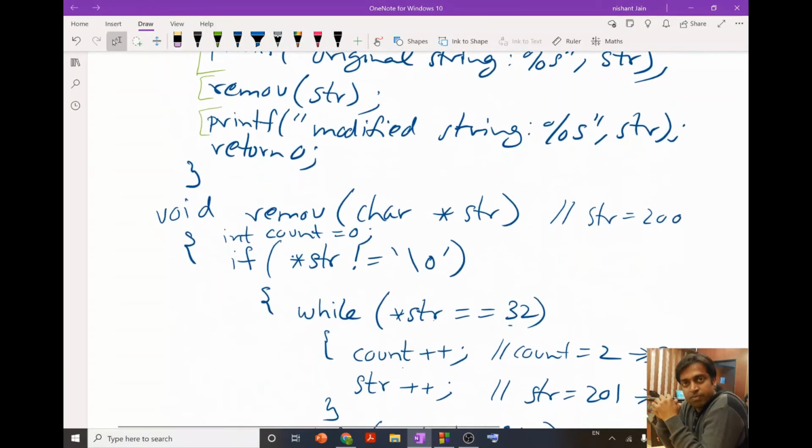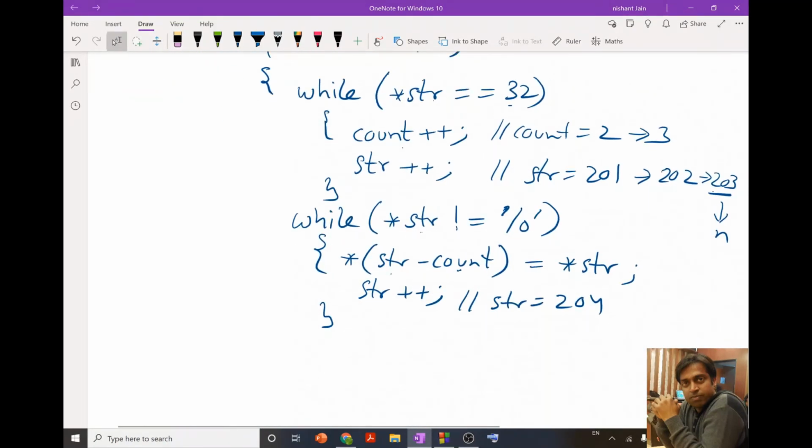At 208 we are going to get the null character. So when the value of str becomes 208, and with the 208 value it goes to the while condition, the condition star str not equal to null character is false, since the value at 208 is a null character.